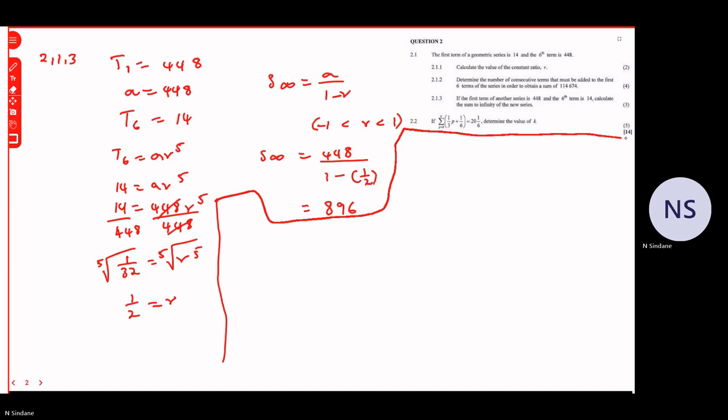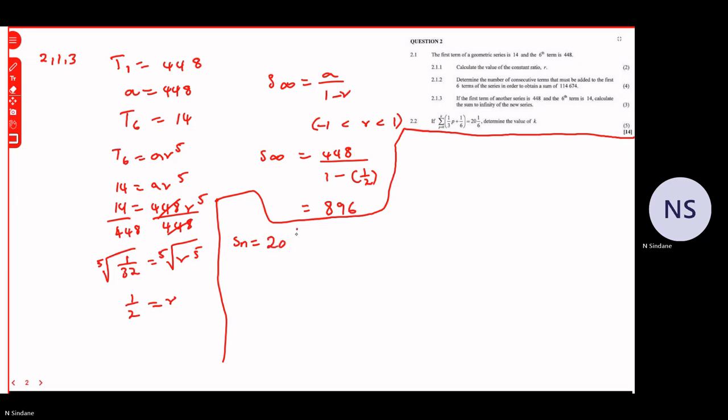Okay, so in this case, we're given the sum of the terms, right? And we're also given Sn. What we need to calculate is the value of k. We need to identify the value of k. So how do I calculate the value of k in this case? I'm given Sn is equals to